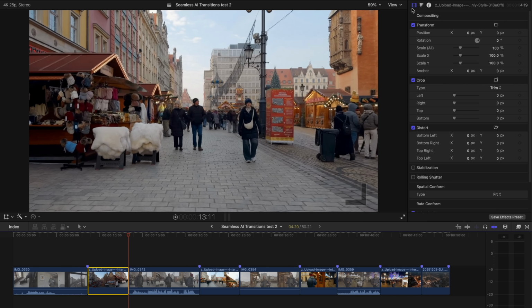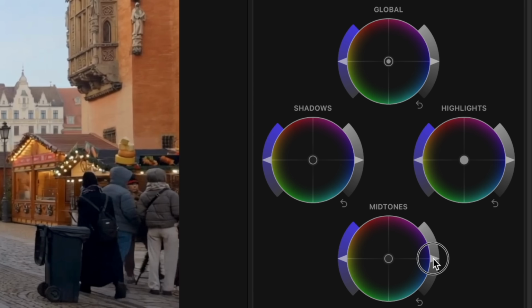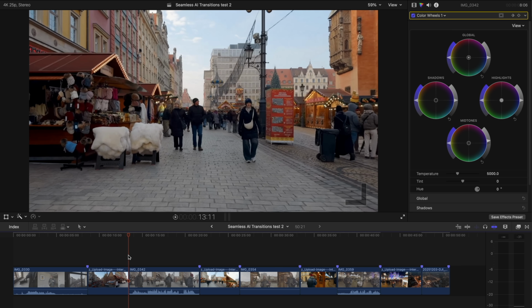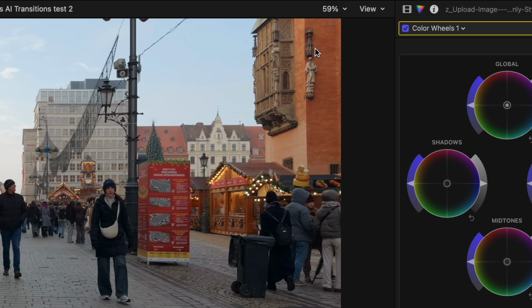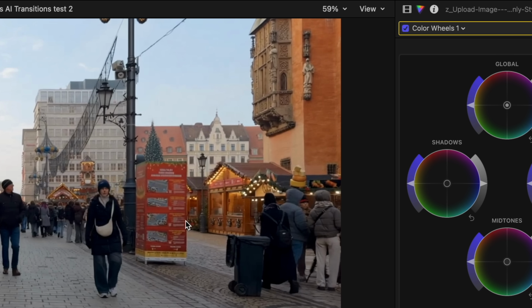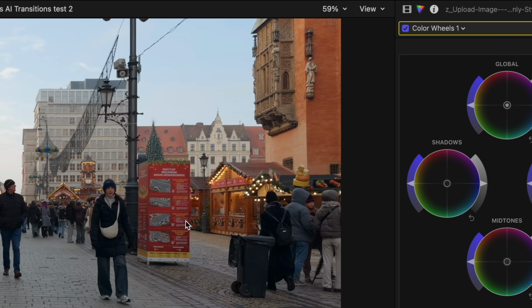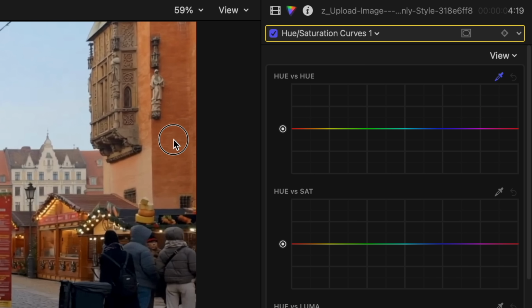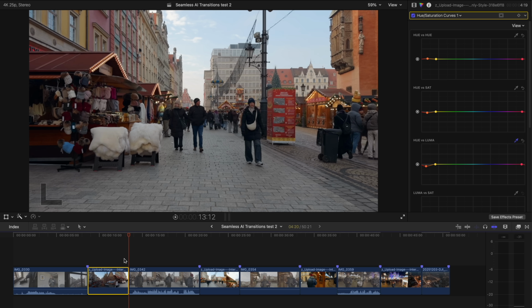So I'm gonna select my AI clip, and I'm just gonna slightly lower the exposure. Jumping back and forth, you gotta look at your own clip to see what makes sense. I also noticed the orange over here on the right slightly changes. It goes from a bit more yellow to a bit more red. So we're gonna also modify that, just using our hue versus hue slider. And once we can flick back and forth between those shots without really noticing a difference, we're ready to add